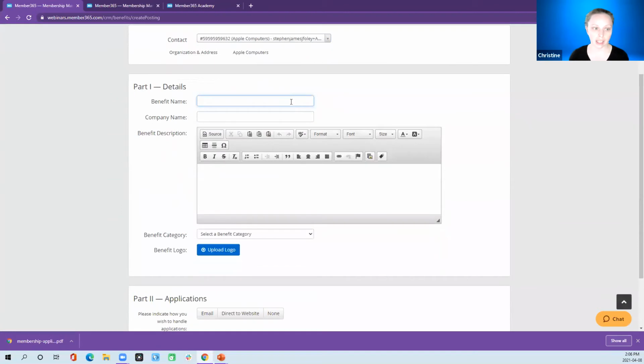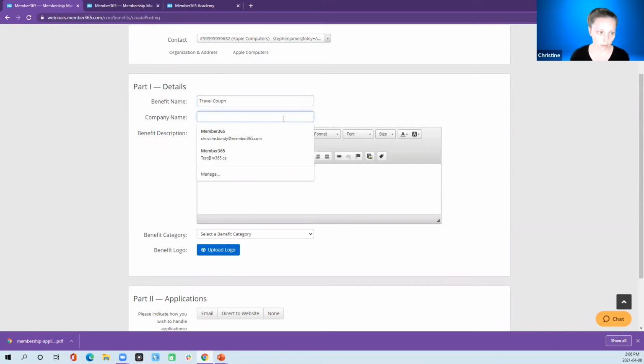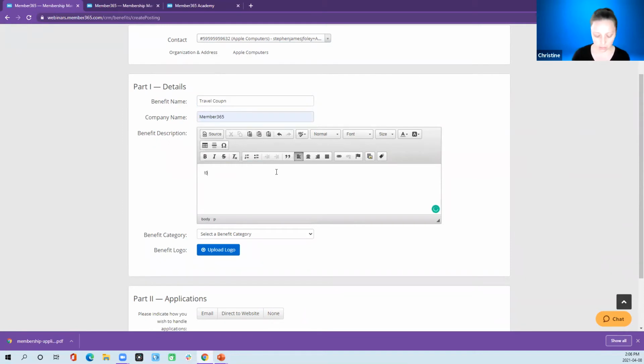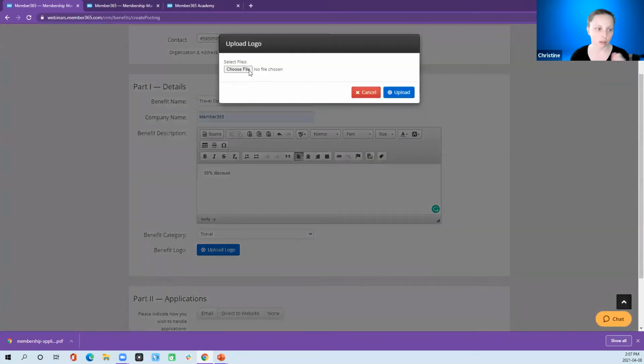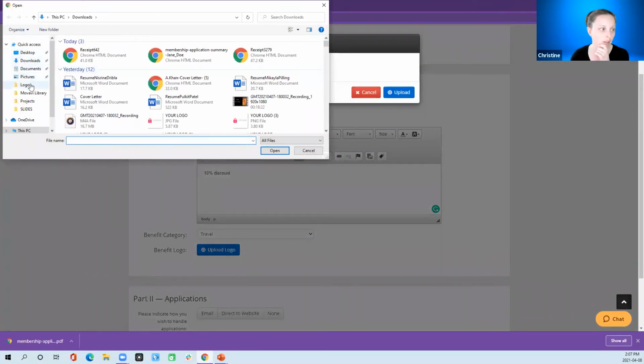And so first you give it a name. So this could be, let's say we're going to offer a travel coupon, and it's going to be for, let's say, member 365, and you can get a 10%. I'm going to select the category, so we're going to say this is for travel. I can add my logo, so my logo appears if I want. So if I pull up one of my nifty logos,